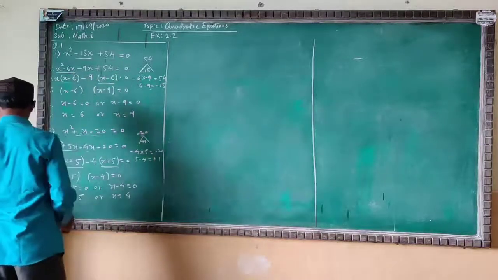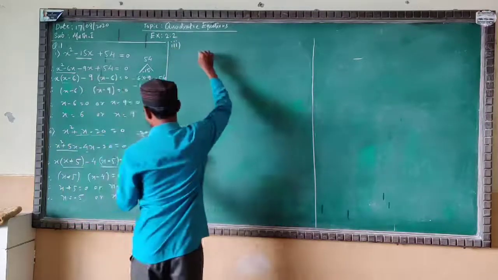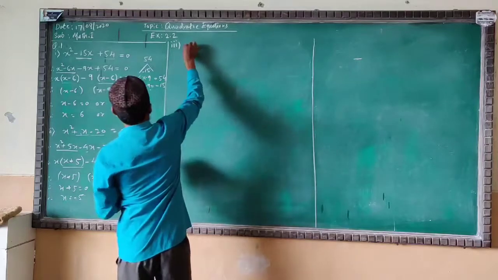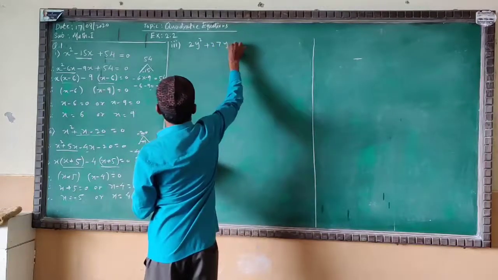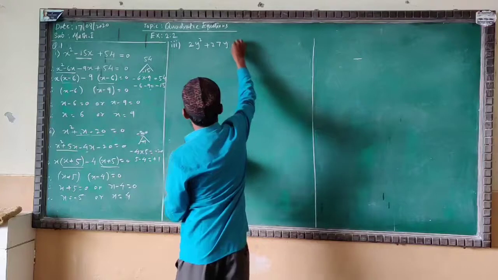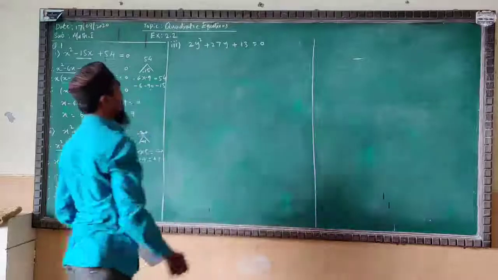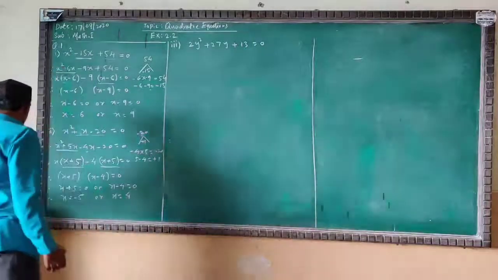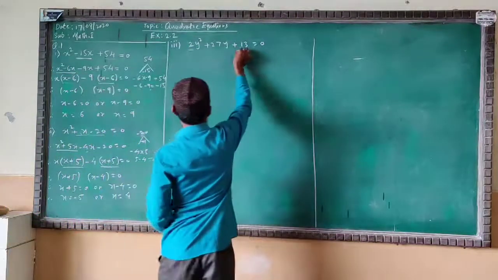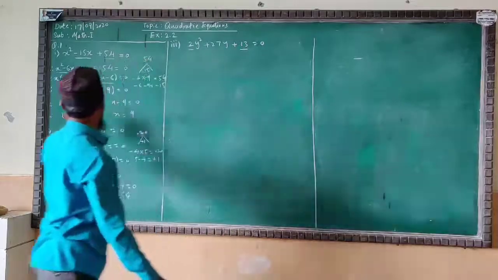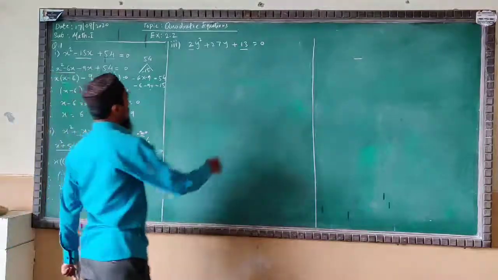See very well, the question number 3. What do we have? Here something is different. 2y square plus 27y plus 13 is equal to 0. Here what do we have? See very well. We have more than one coefficient in the question. Here we have the 2, and the third term we have the 13. Before it we have the coefficient 1. Here also 1. So directly we have solved, but here something is different.